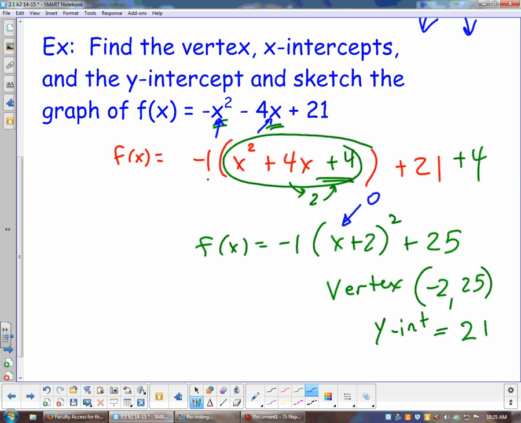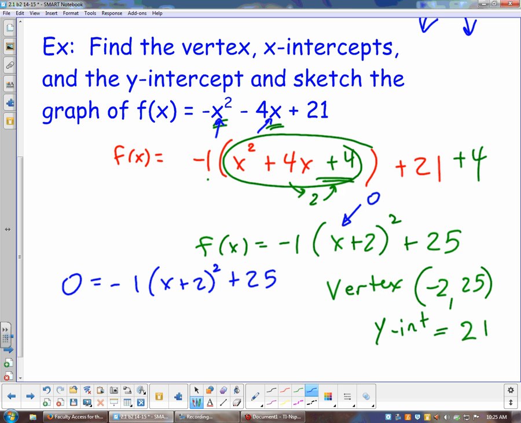X-intercepts. Negative 3 and 7. Do people agree? Yes. How did you get that, Harrison? Did you set this one equal to 0, or did you set this equal to standard form? Standard form. Okay, so if I have 0 equals negative 1 times x plus 2 quantity squared plus 25, I